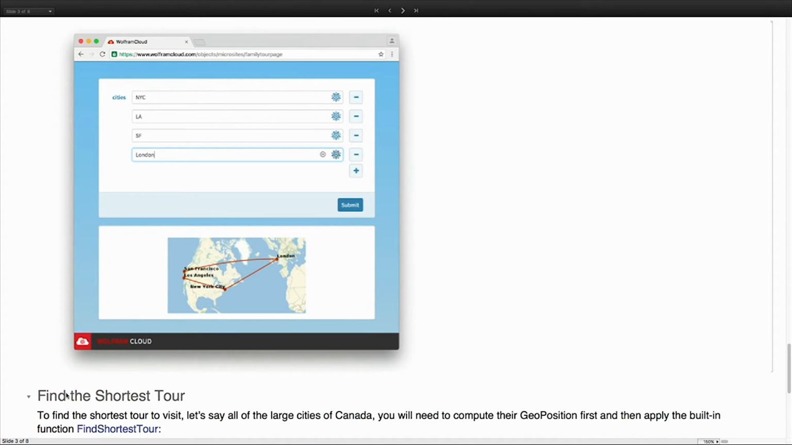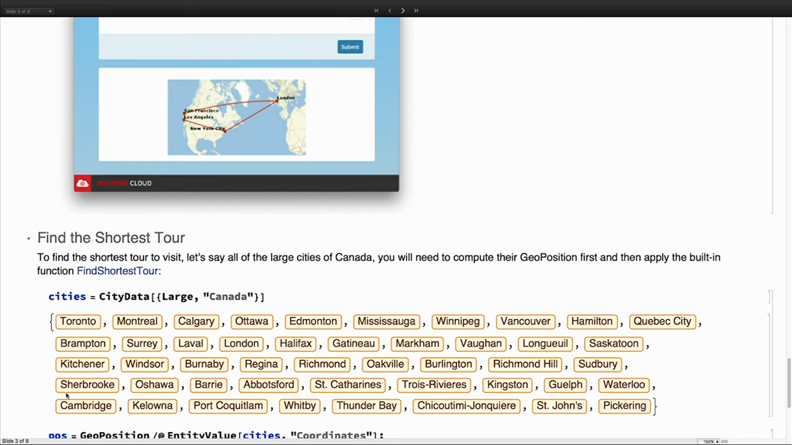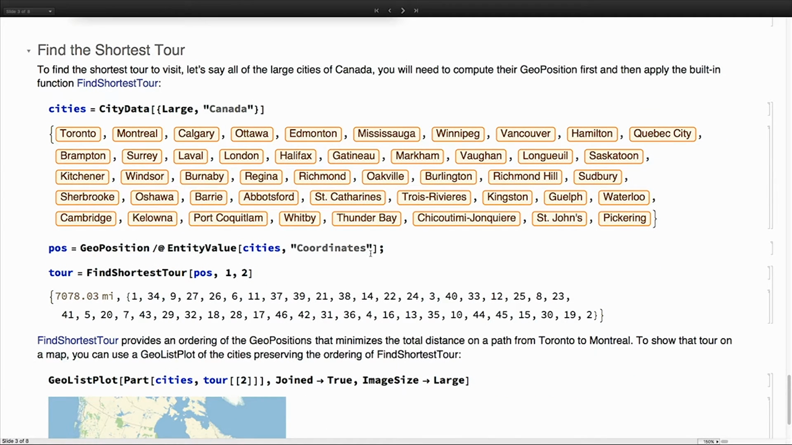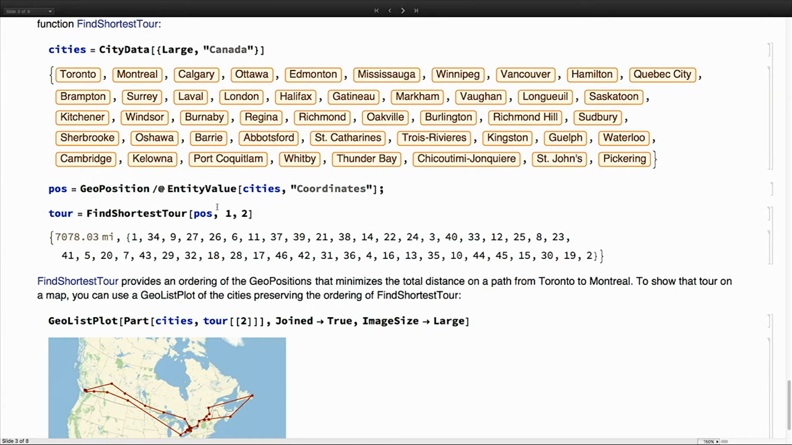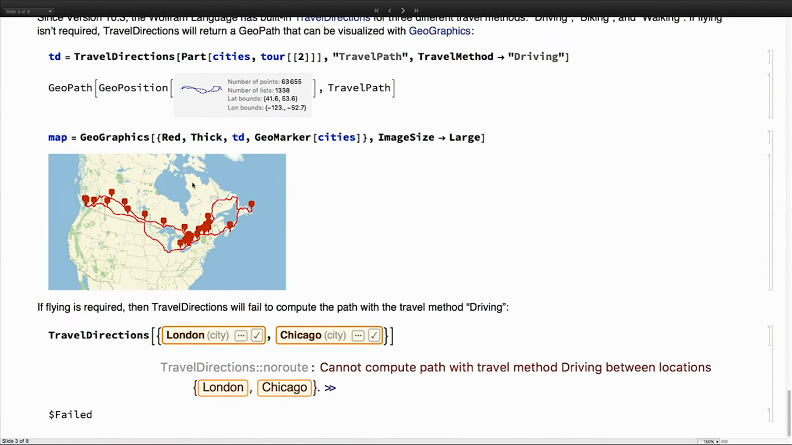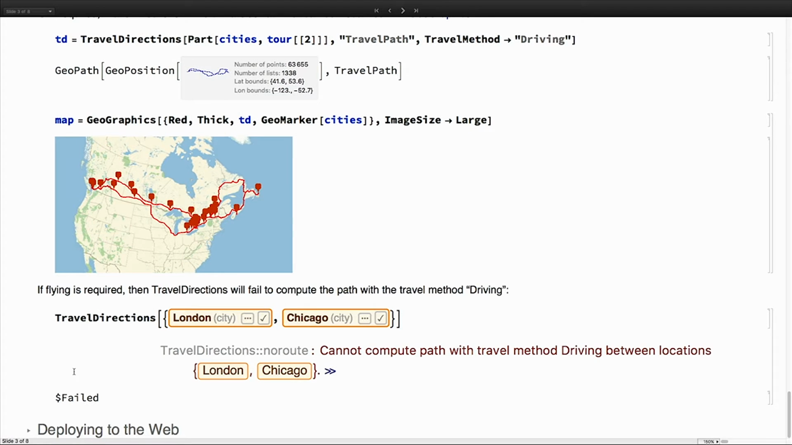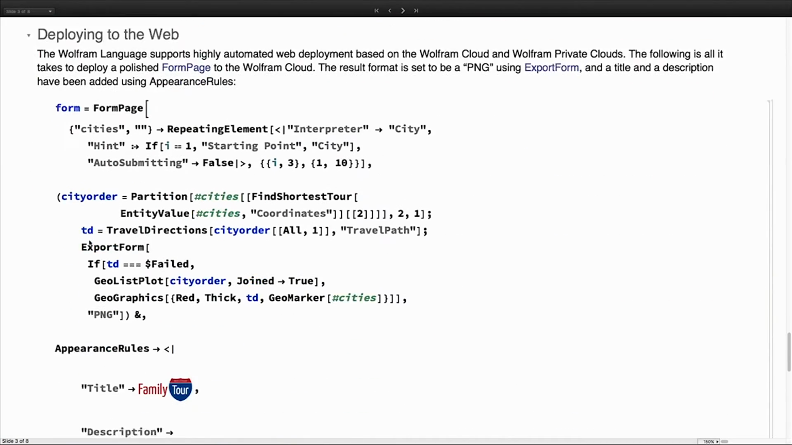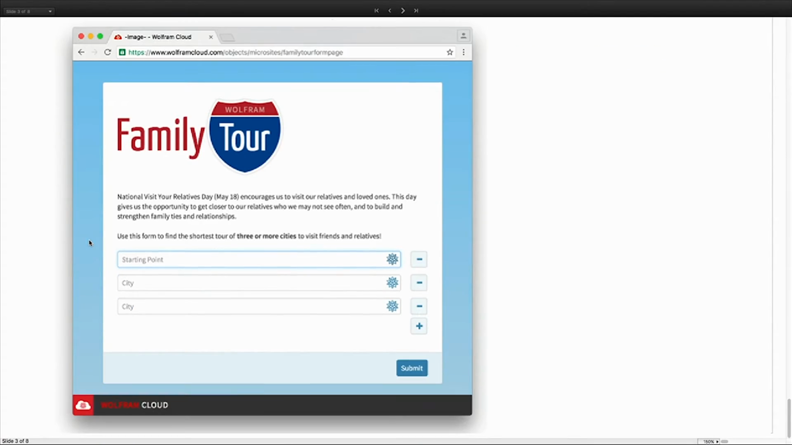So that's the simple example. So what was in the real form page is, in this case, I'm using the large cities of Canada to show the example. I'm taking the coordinates, the geopositions of them, then looking at the find shortest tour. That's giving me the right ordering of these cities to visit. And then you get the geolist plot of that. If you ask for the travel directions, it's going to find all the directions there. Sometimes you have to take a ferry. But in this case, it worked well. And if it fails, then I'm adding a conditional to return just the simple path, in this case, the geolist plot. So that's the main